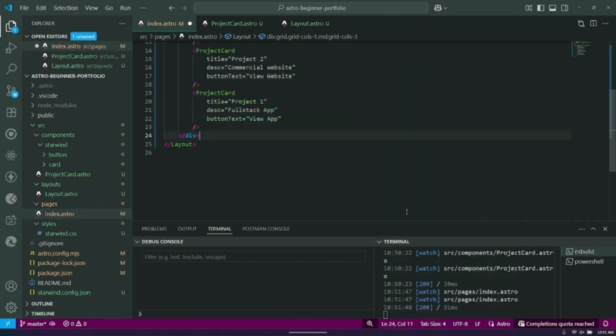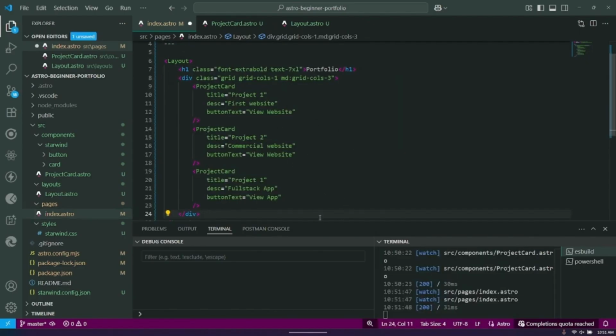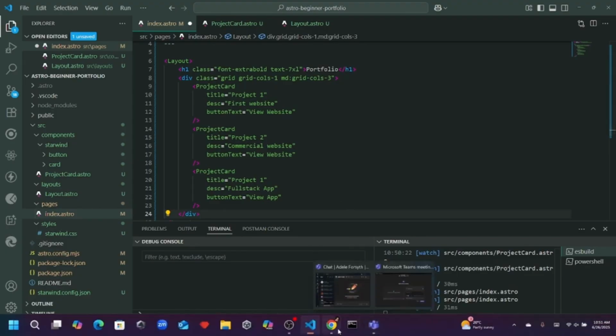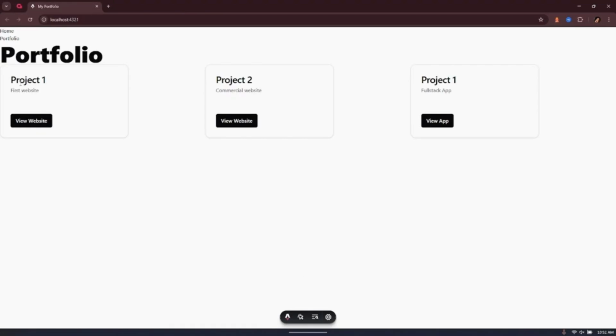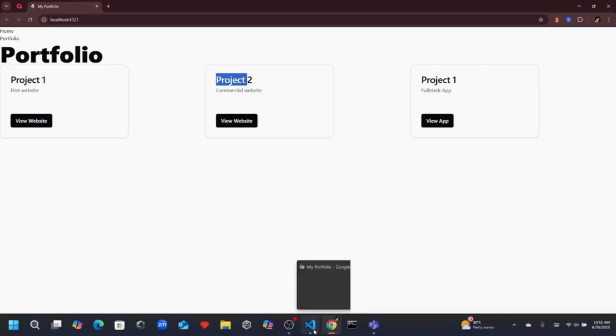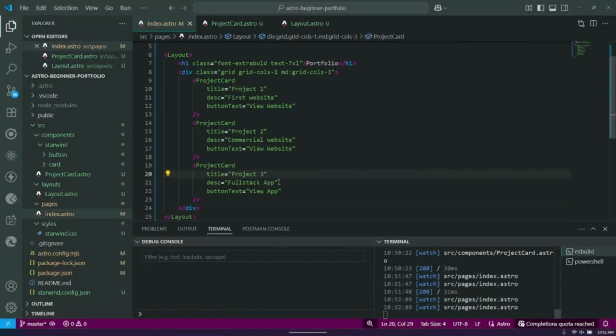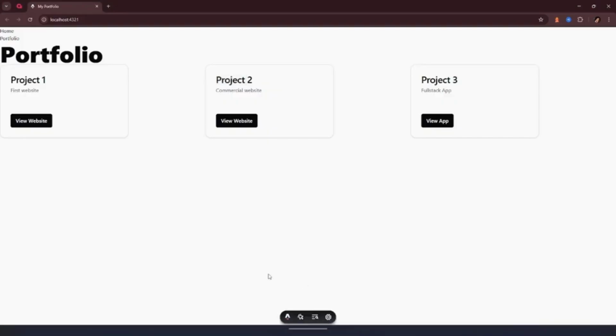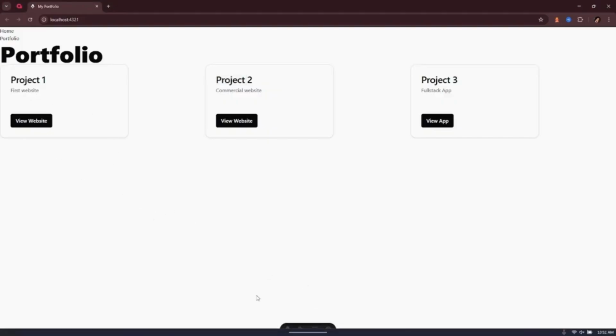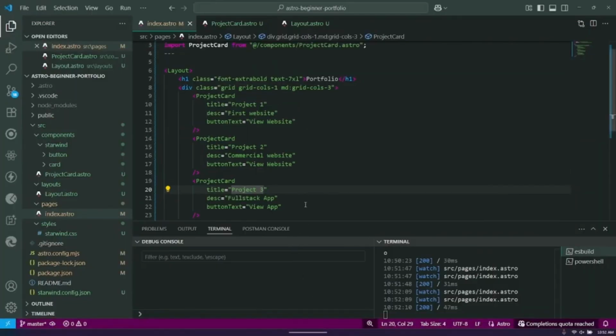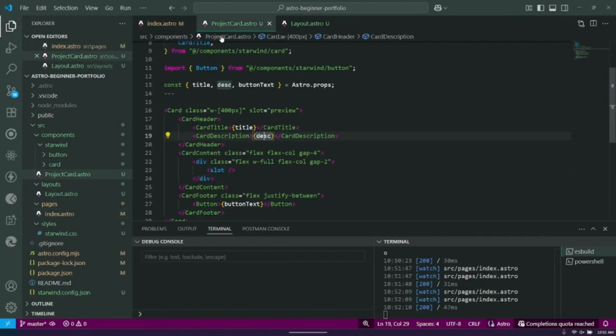Okay, so as you can see, we've changed it to be those. And if we take a look now, we have project 1, project 2, I've called project 1, but we can change it dynamically here, and project 3. So just like that, we have dynamic components, and that's being brought in from our components folder. And we're using, again, props that basically take what we give it and it replaces it where we want it